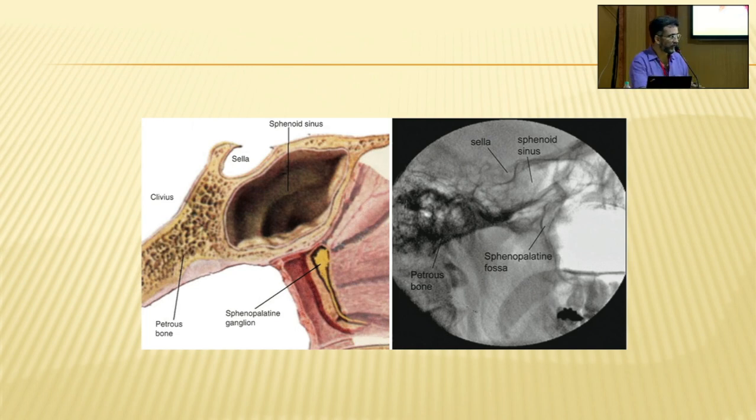So for example, if you can get this image, your job is done. You just need to introduce the needle in this position. But sir, if you are not able to appreciate this, you can never do it, because this is a very narrow space and there is a lot of overlapping. So how do we do that?